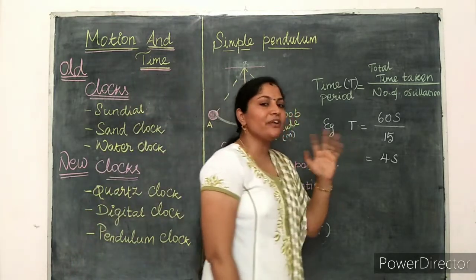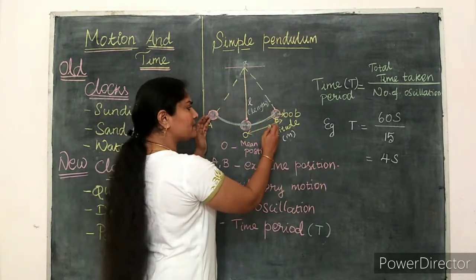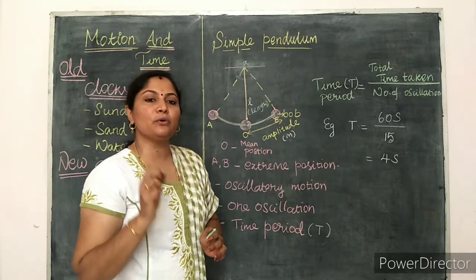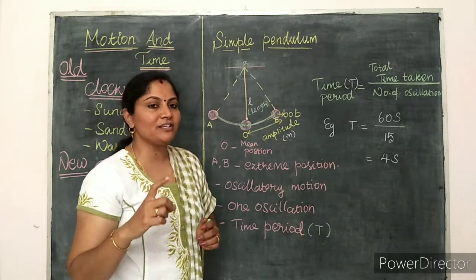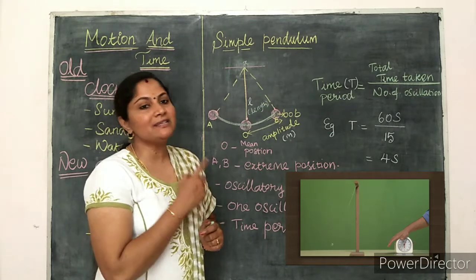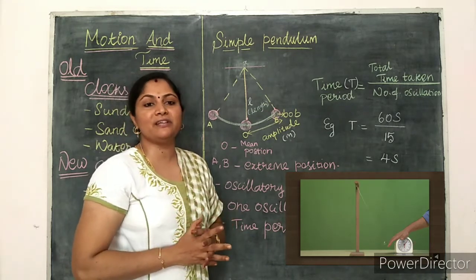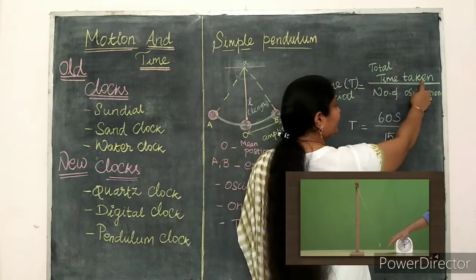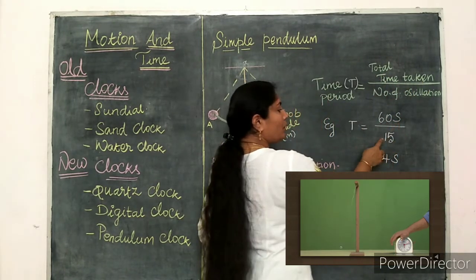So see here, if we consider this simple pendulum takes 60 seconds for 15 oscillations. Okay, with the help of the stop clock, we are calculating the time taken by this simple pendulum for 15 oscillations, that is 60 seconds. So what is the total time taken here? That is 60 seconds. What is the number of